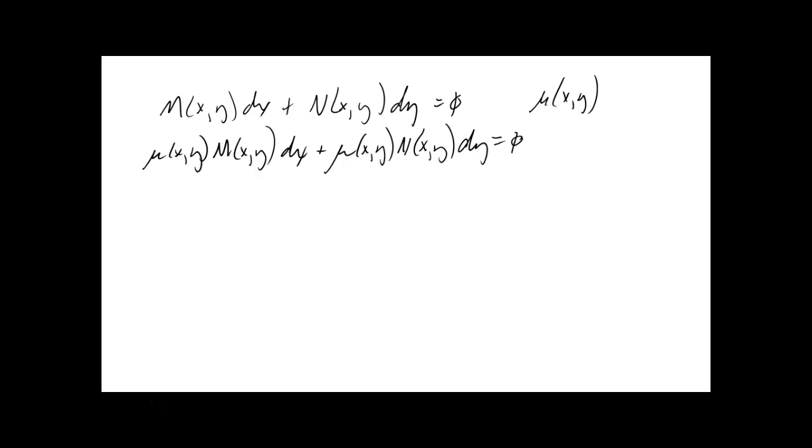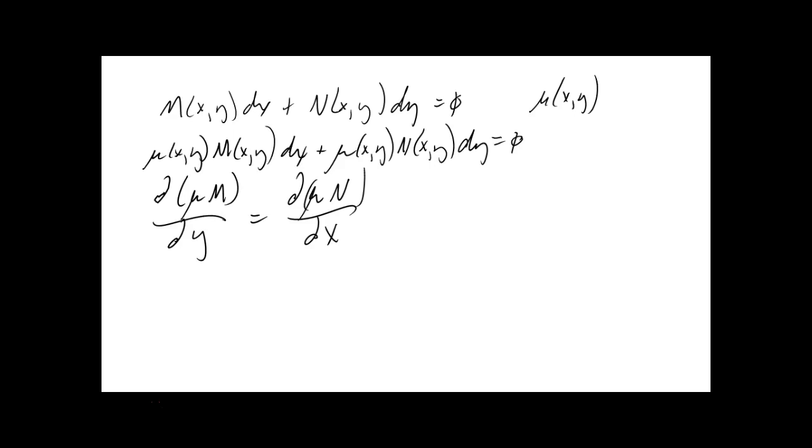Okay. Equation 8 is exact if and only if the partial, I'm going to leave off the xy's now, of mu M with respect to y is equal to the partial of mu N with respect to x. Remember, that's what our test was, the criteria for this to work. Now, if that's the case, and they wrote subscripts for partial derivatives, by the product rule of differentiation, the last equation is the same as